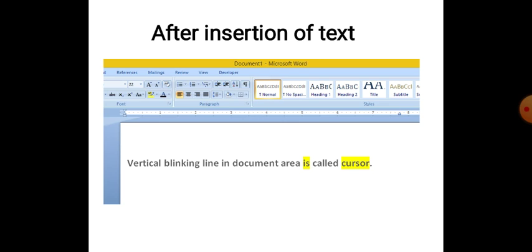I have highlighted these two words, is and cursor, for you. If we want to type call after this, what will we do? First we will click with the mouse on the right side of the S in "is" and then we start typing called. Automatically the cursor and word will shift to the right side and this way we can insert a new text in our existing text.